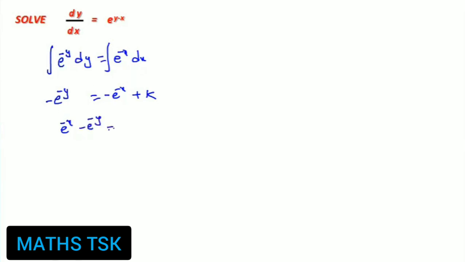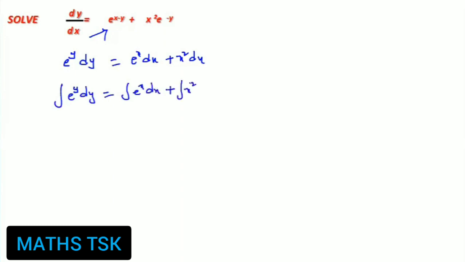Next one. Look into the next problem. dy by dx is equal to e power y minus e power x. We bring e power y to this side. This becomes e power minus y dy is equal to e power minus x dx, isn't it? When you multiply e power minus y on both sides, e power minus y into e power (y minus x) becomes e power minus x. Now integrate on both sides. Integral of e power ax is e power ax by a. So this becomes e power minus y by minus 1 is equal to e power minus x by minus 1 plus k. So e power minus x minus e power minus y is equal to k.